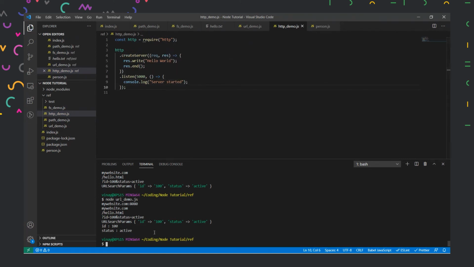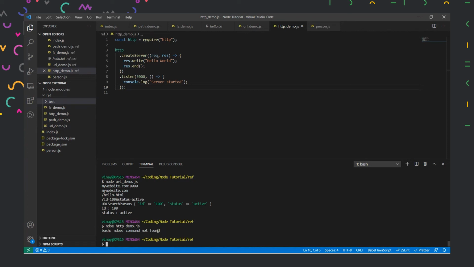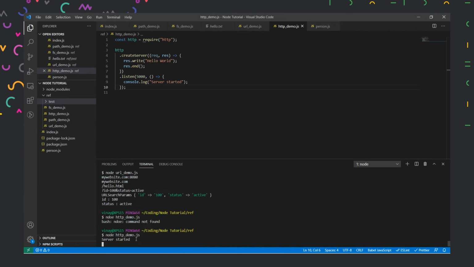Now, if I run this file, what will happen? This will be quite interesting. So let us go to our reference folder. We are in the reference folder, and inside reference folder, we have HTTP demo file. So let us run that file now. And it is saying server started.